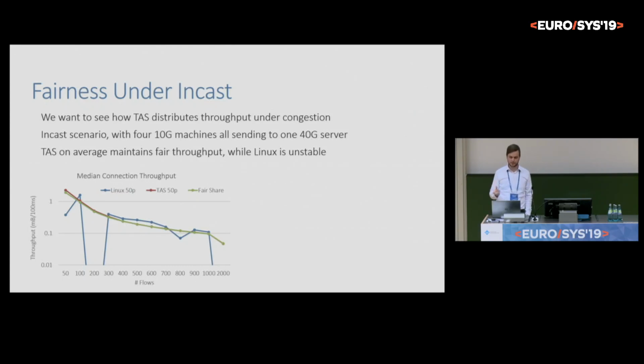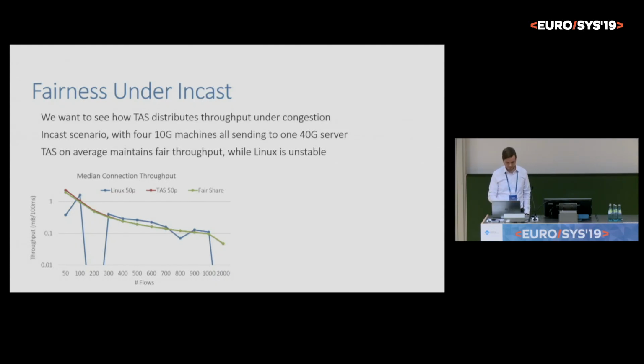The fair share line is the green line. In the median case, TAS adheres very closely to the fair share line. On the other hand, Linux is unstable and fluctuates quite a bit. This is likely due to buffers. There's many different levels of buffering within the Linux kernel, any of which can overflow under network congestion and drop